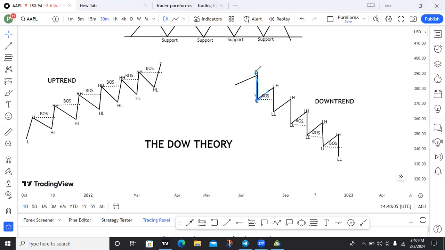So the market started at this point and then dropped and formed a low. This becomes a high and this becomes a low here. And then the market makes a retracement and forms a new lower high. The reason why this one is called a lower high is because this high is lower than the previous high. So when the market is moving in the downtrend, look at how it's creating a new lower high and then breaks this previous low and forms